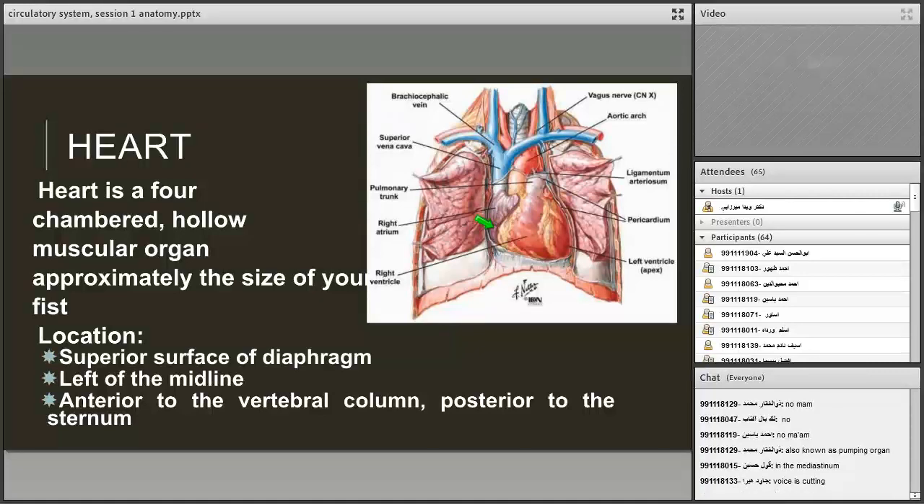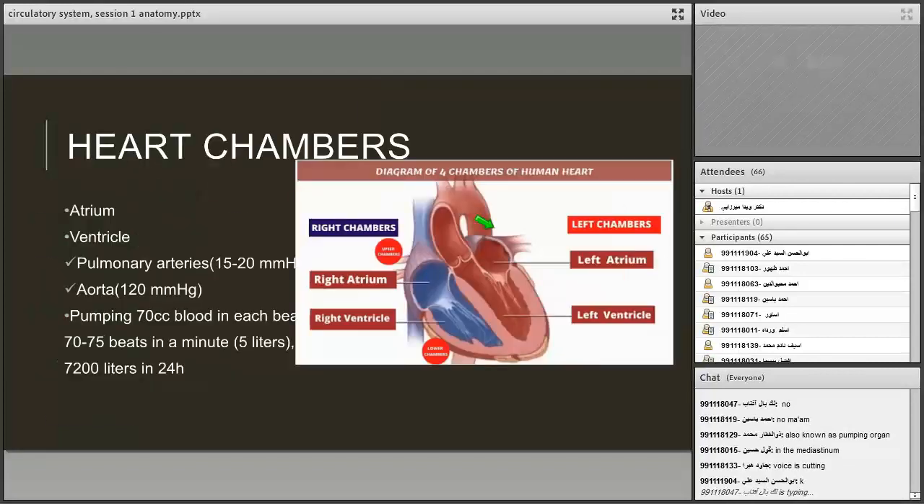Yes, the heart is the pumping organ which pumps the blood to different parts of the body, and it pumps the blood to the arteries. Look here. Let's talk about brief details about the chambers of the heart. In the next session, I will explain each